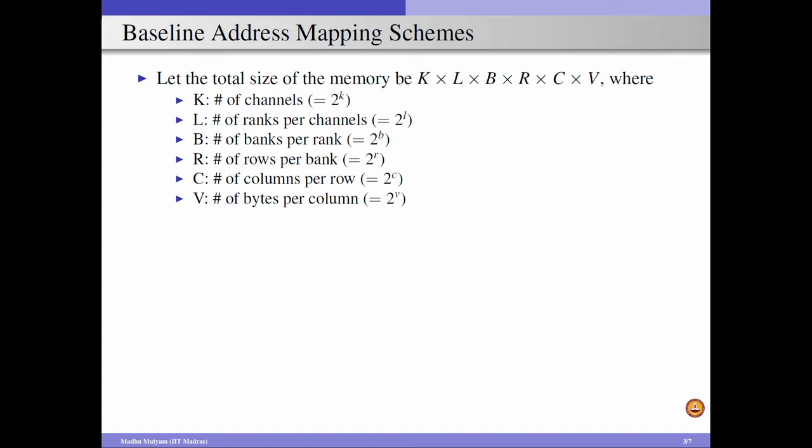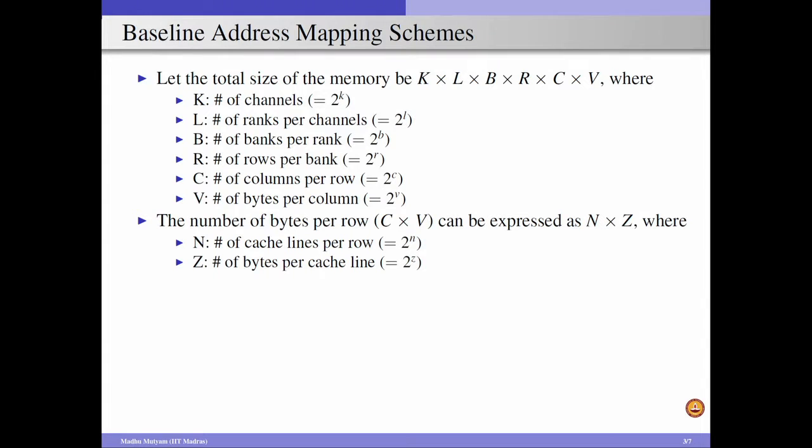And effectively, if we have 4 channels in our memory, we require 2 bits of information to code the channel ID. Similarly, for example, if we have 8 banks per rank, then we need a 3-bit bank ID and so on. So now once we have the total memory of size K into L into B into R into C into